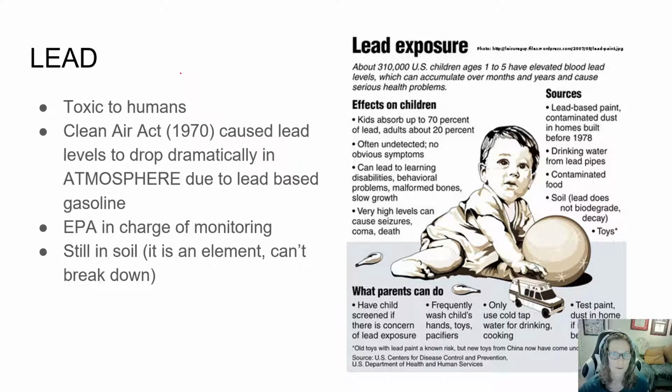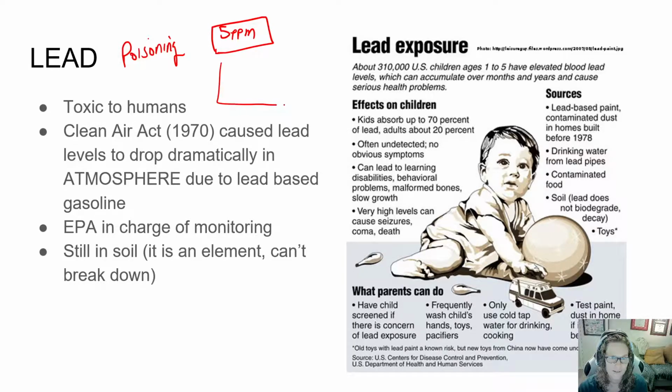But then we found out lead was getting into the atmosphere and it was toxic. Lead poisoning became a huge thing. So all you need is 5 parts per million to be affected by that. That's a hard thing for a kid to imagine. If I had a million things in this one box, say there's a million dots in here, you'd only need 5 for that to kill you. 5 out of the million. So a little lead will be very, very toxic.